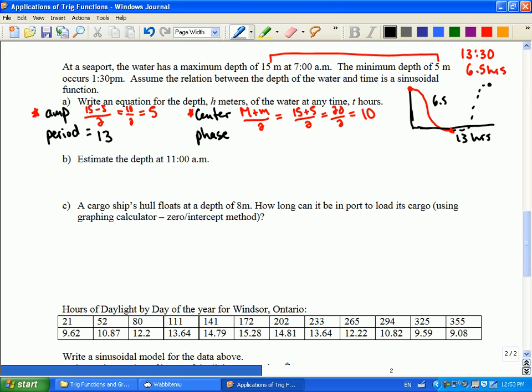Now, where did this graph start? Minimum, maximum, center? It starts at a maximum at 7 a.m. So that means this graph has been moved to the right. It doesn't start at 0 anymore. It starts at 7 a.m., so it's been moved 7 to the right. And what graph starts on its maximum? You have cosine, you have sine, you have negative cosine, you have negative sine. Yeah, cosine starts at its maximum, and in this case, that maximum starts 7 to the right. So here's 7 a.m., which means I've shifted the cosine graph